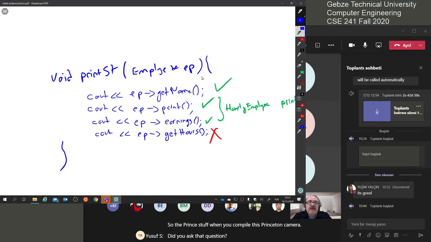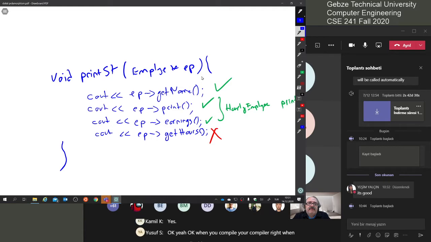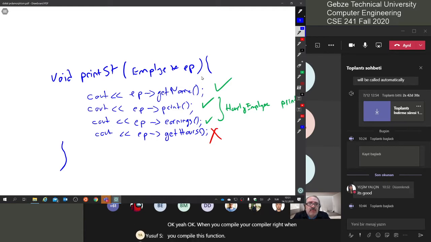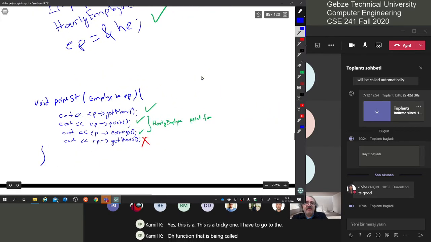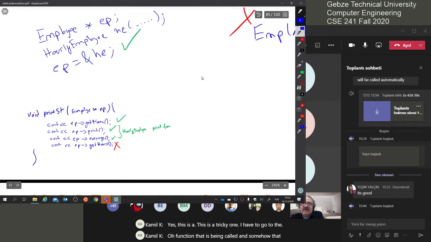Okay. Yes. When you compile, you are a compiler, right? When you compile this function, if you are the compiler, you are the smartest compiler in the world. How would you know the type of object that EP is pointing to? Because you don't know how I am going to call it, right? Yes, I have to go to the function that is being called. Yeah, well, in that case, even if you do that,